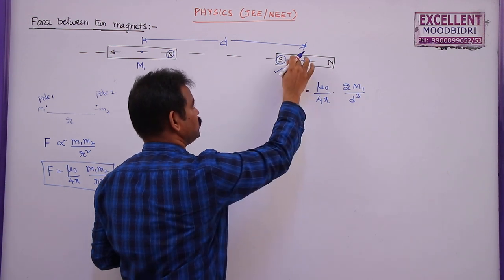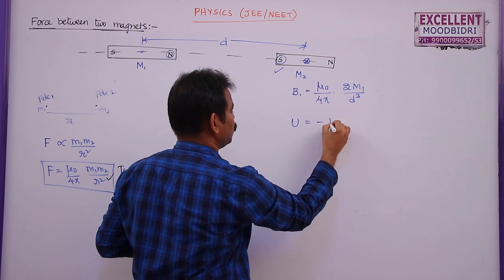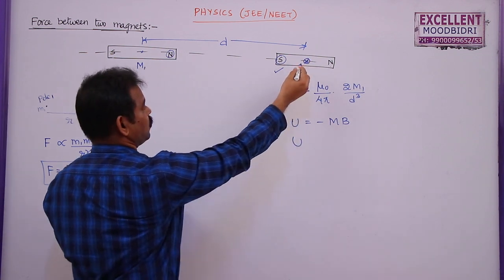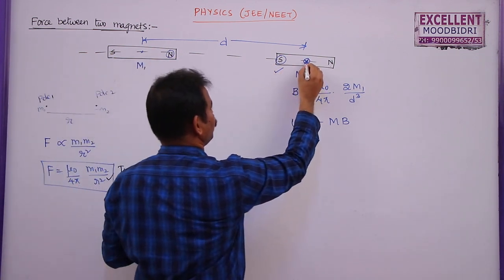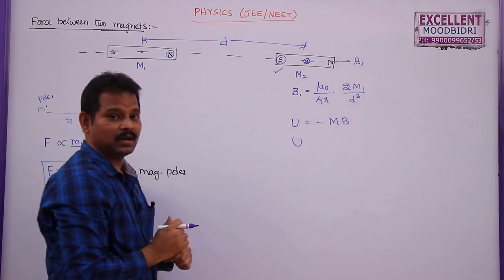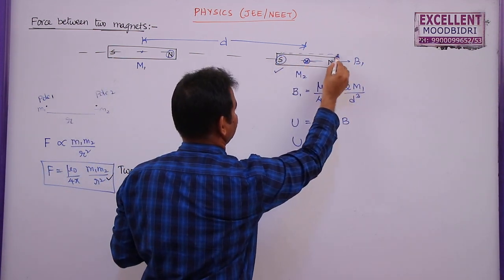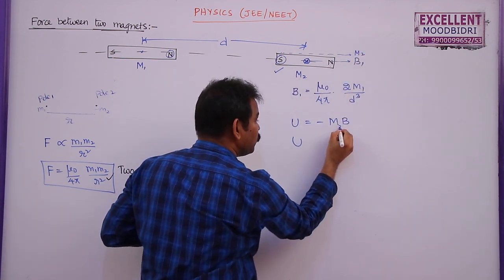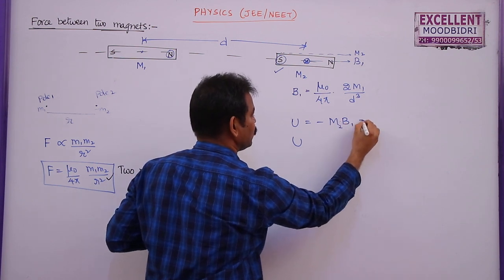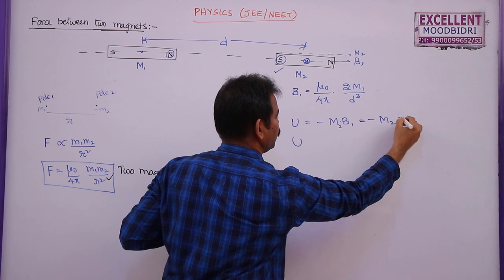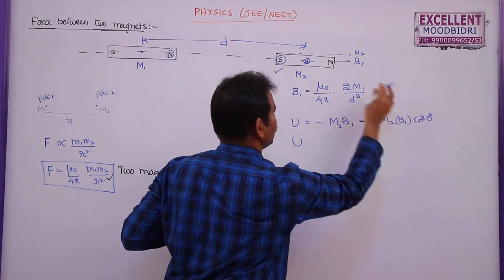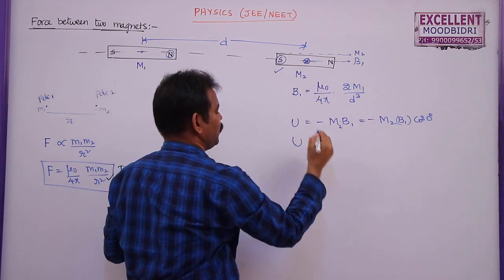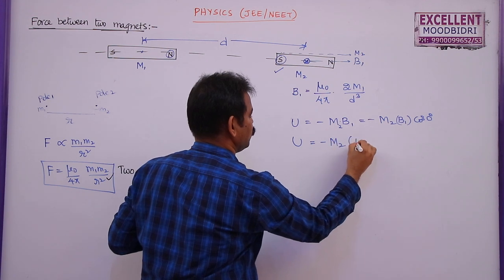So the energy stored in this bar magnet is given by U is equal to minus m dot B. So here the magnetic induction at this point due to the first magnet is B1. Similarly, m2 is also acting in the same direction, from south to north. So here U is equal to minus m2 dot B1, which is equal to minus m2 B1 cos 0, because both are acting in the same direction. Cos 0 is equal to 1. So the net potential energy of this bar magnet in this field is given by minus m2 into B1.